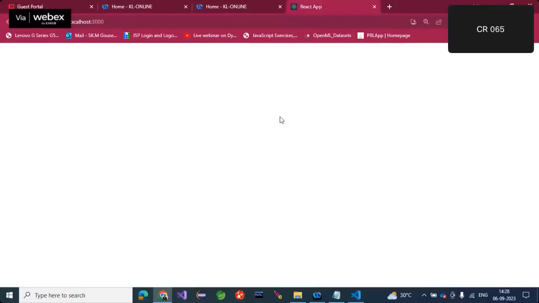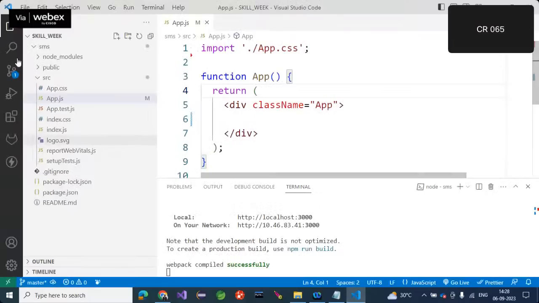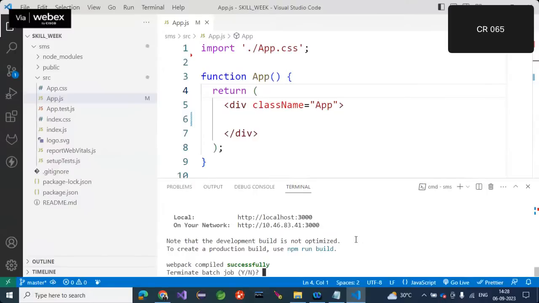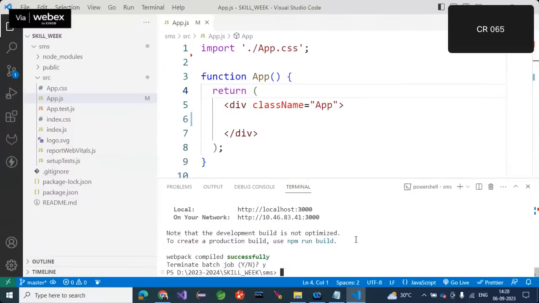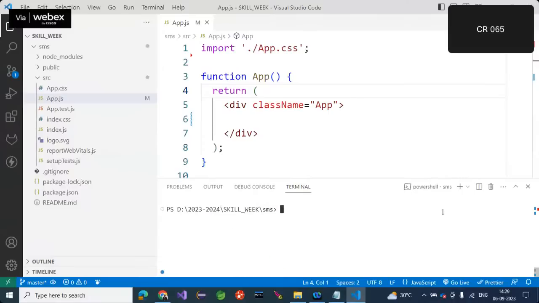Now come to the browser, nothing is there. Now I want to apply some React routing. So first stop the execution by typing Control C. Okay. Now what are the required packages? It is better to install all of those at the beginning itself. While typing the code, whatever package is required at that time, you can also install it, not a problem. But now here I am installing